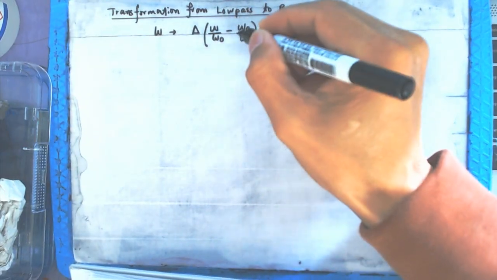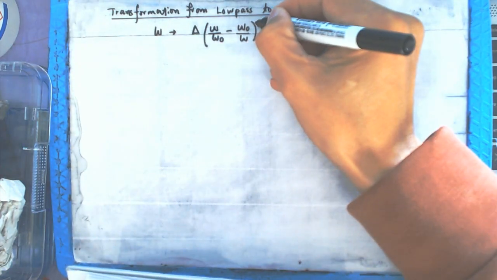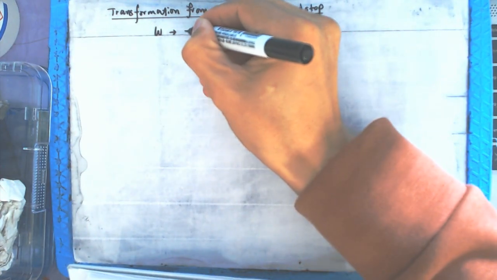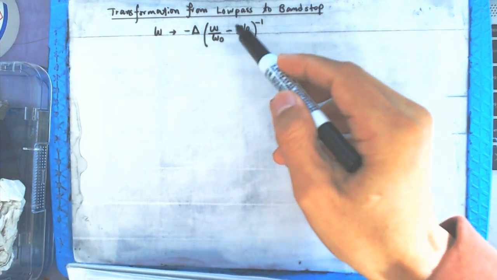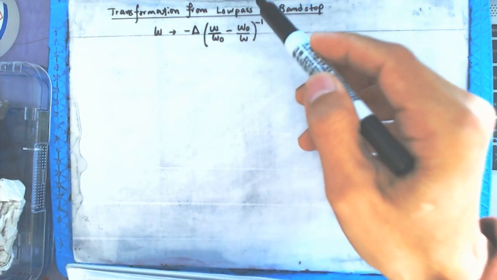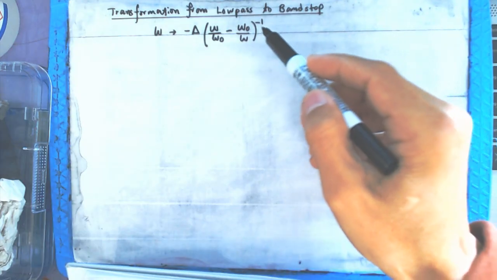But this time you replace this one. For every omega you encounter in a low pass filter network, you replace this with this. What I mean here is